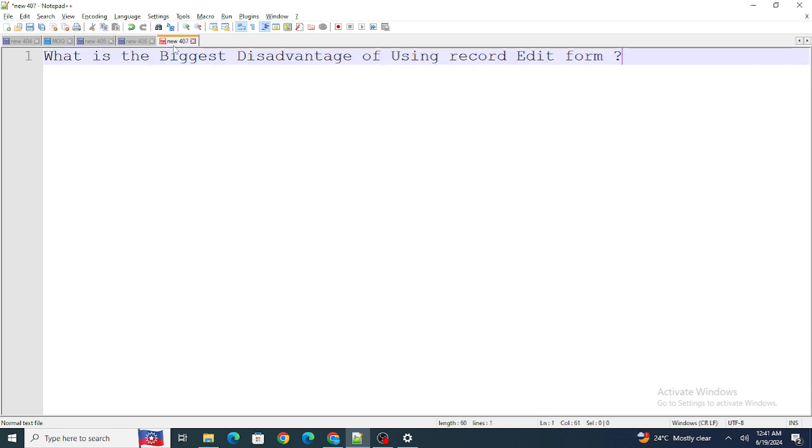Let's move on to the last question: what is the biggest disadvantage of using a record edit form? Now this is the answer I was able to give. The reason is because I faced it recently, because I had to create some kind of table for which I had to submit the data, but I was not able to, and that was a limitation of the record edit form. What I mean by that is, let's say you are creating a table